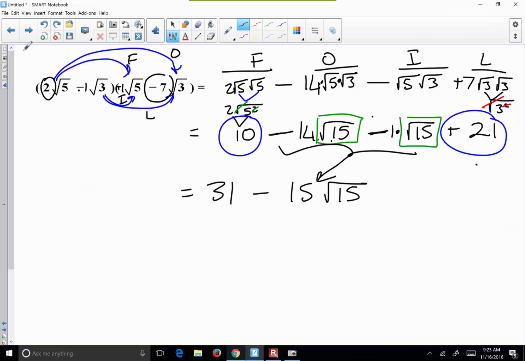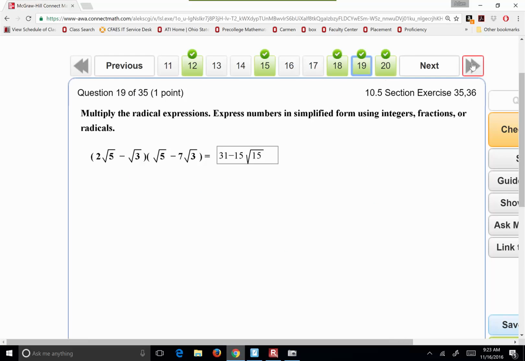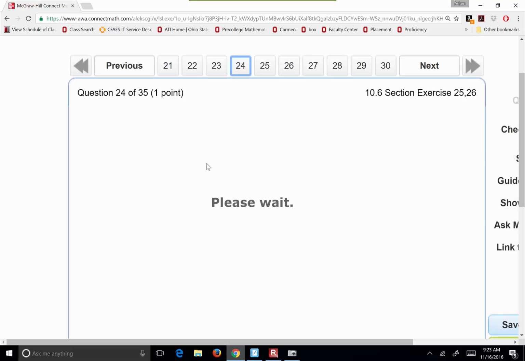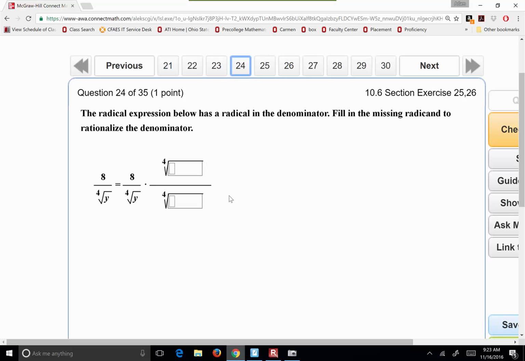Alright, next. Pick one. 24. 24. I'm only taking this part, okay? It says, this is called